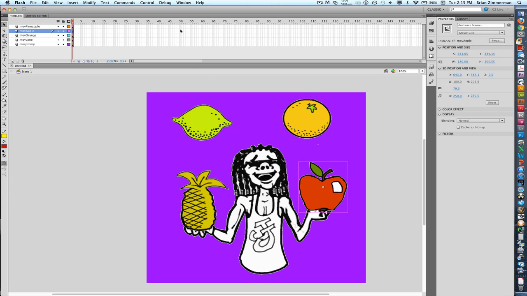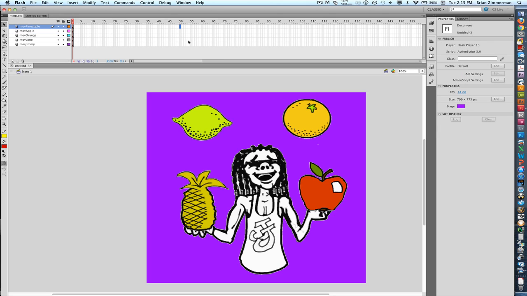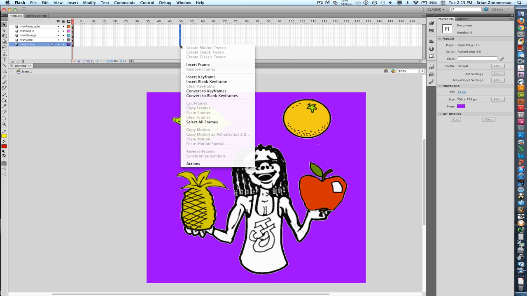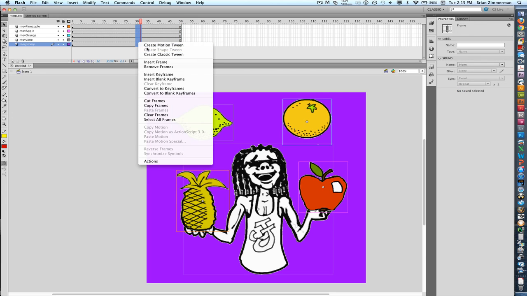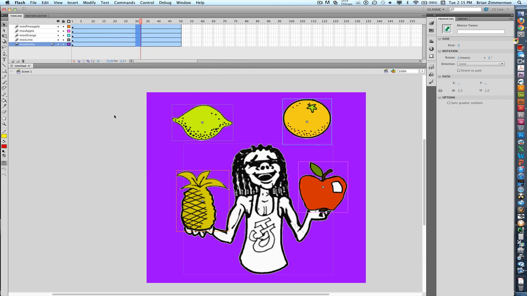So I'm going to make 50 frames in the timeline, and that's just going to be a click and drag right straight down on frame 50. Release without moving the mouse, insert frame. And then I'm going to make my selection like so, create a motion tween, and the motion tweens are ready